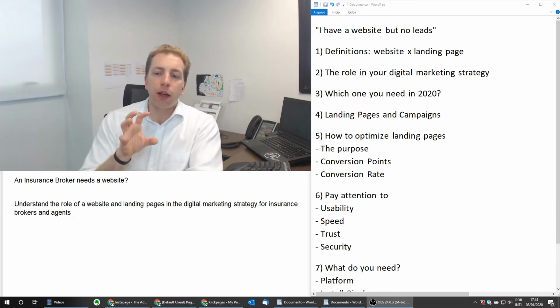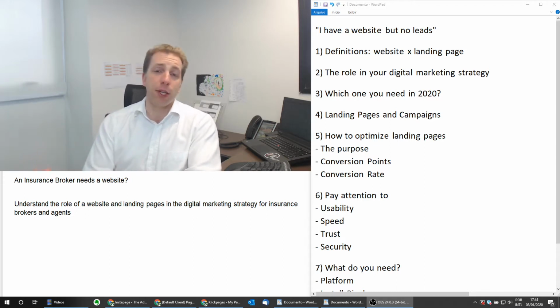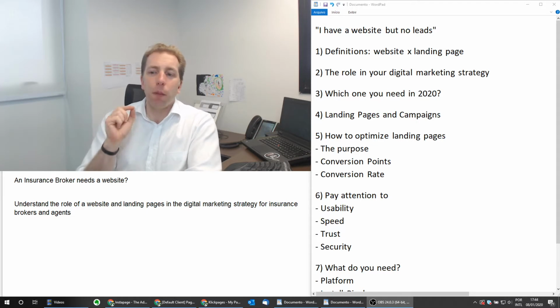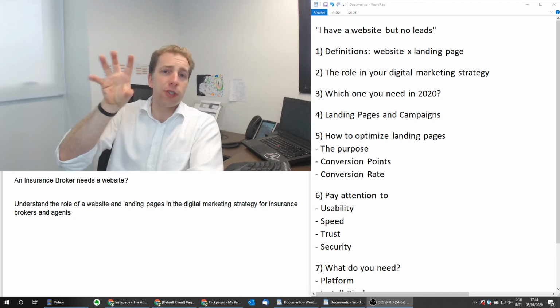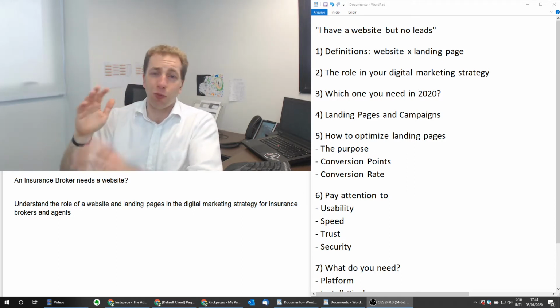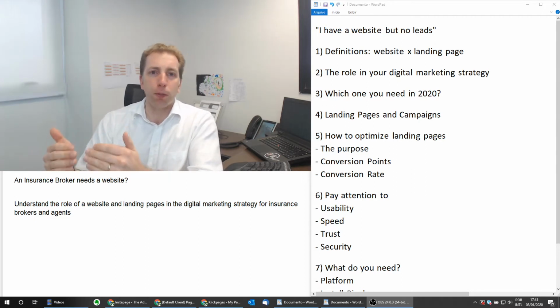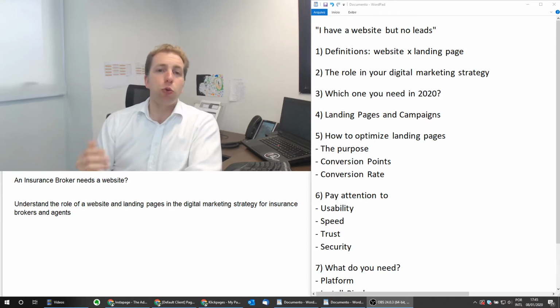Now, the other one is the landing page, and they're completely different beasts. A landing page is a single page. It does not have a lot of scroll, so what you see in the first part of the page is what is important, and then technically it's called below the fold, so you have to scroll to see what's below the fold.